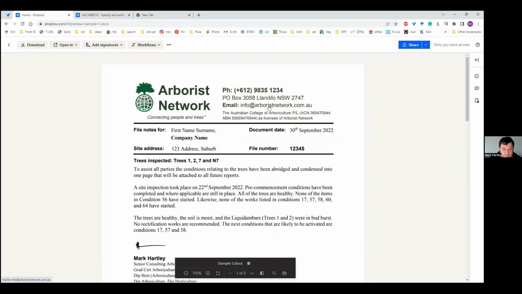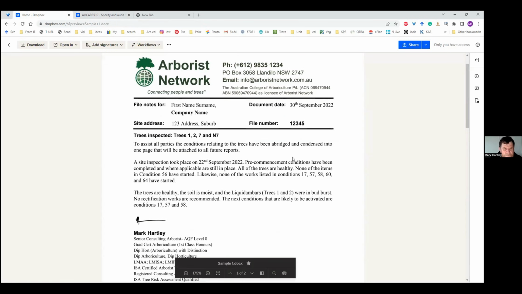This one here is another one that I'm currently doing. I'm back there again tomorrow. And they've got a whole pile of conditions. And the office copied all those conditions relating to the tree into a massive big table that was 9 pages long. My phone's going to go flat.